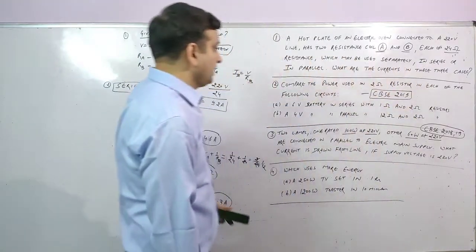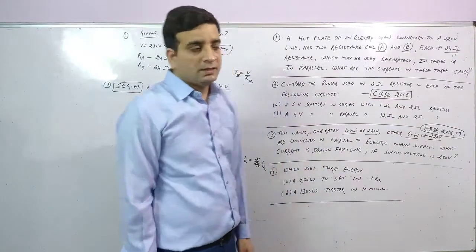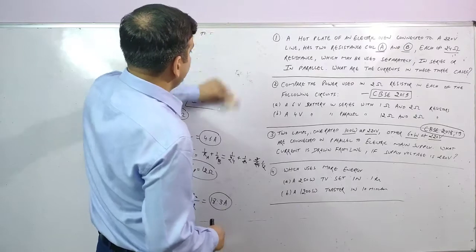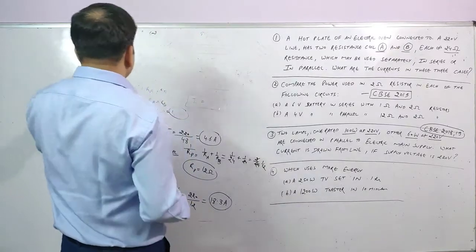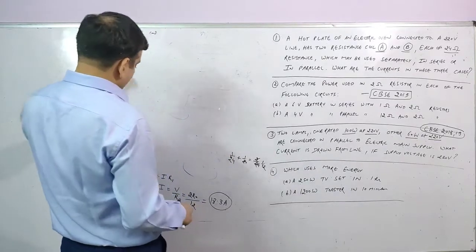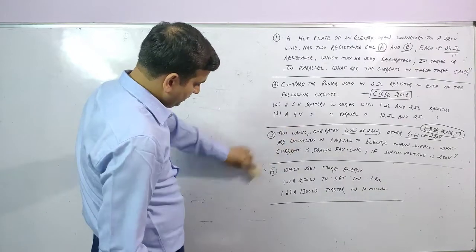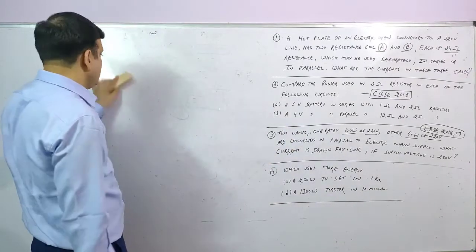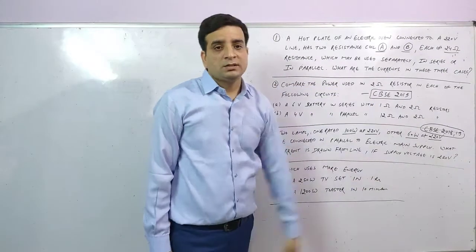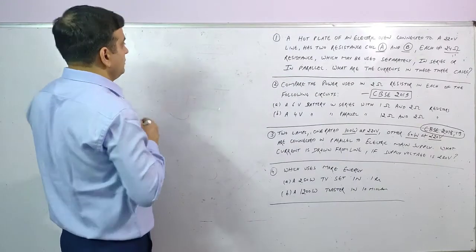Now we will solve the second numerical that was also in the CBSE 2019 main exam. In that question paper you can find this numerical. The saying is that the question paper will come from the NCERT. So you can find here, these are the NCERT exercise questions and they are in the CBSE main exam. Now we will solve the second numerical.